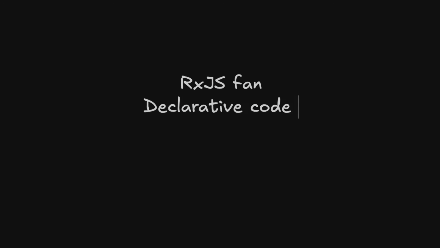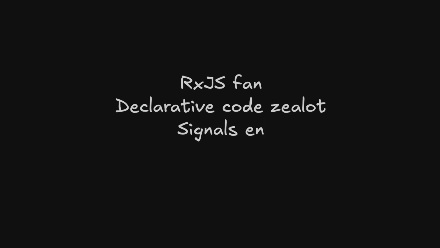So to get right to the point, I have been a heavy observable and RxJS user for years. I think declarative code is the closest thing we have to a silver bullet for good application architecture, and I think signals are great. What I think is weird and annoying about signals is just how good and useful they are, but how with the introduction of resource, they are blurring the lines of the previously nice delineation we had, where we could say signals are good for state, observables are good for events, or signals for synchronous stuff, observables